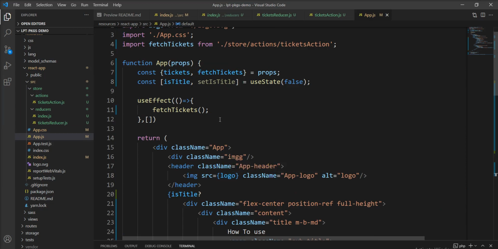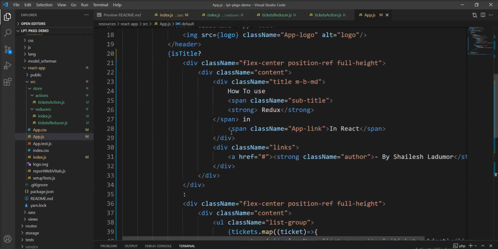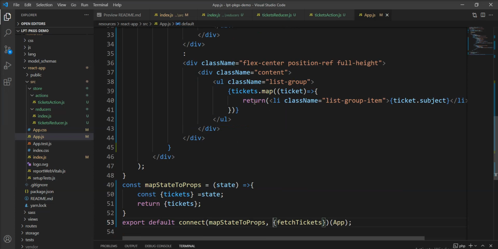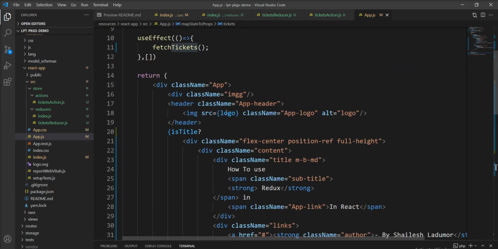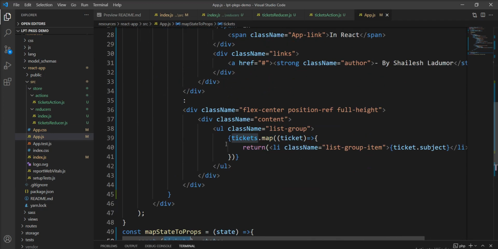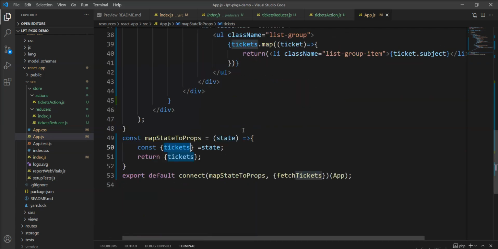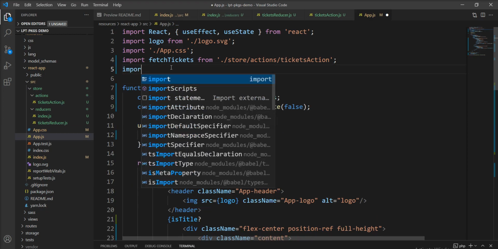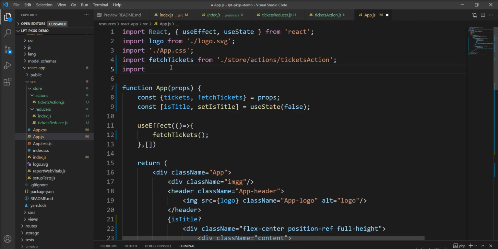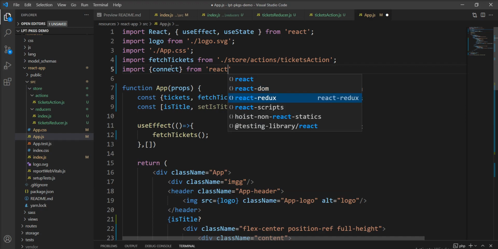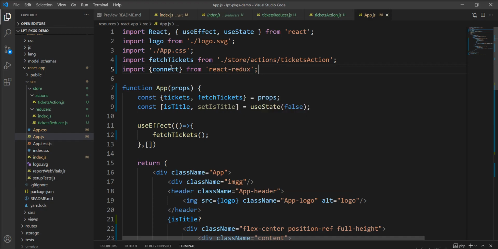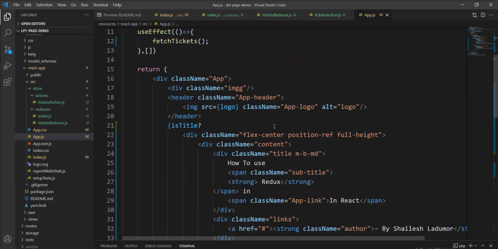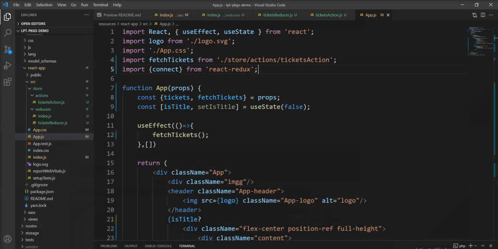So everything is ready, and we can get the data from the reducer instead of this component. I think everything is done, and one more thing is remaining. We need to import connect from react-redux so we don't get any errors. Let me specify curly brackets here. So everything is ready. Let's refresh,